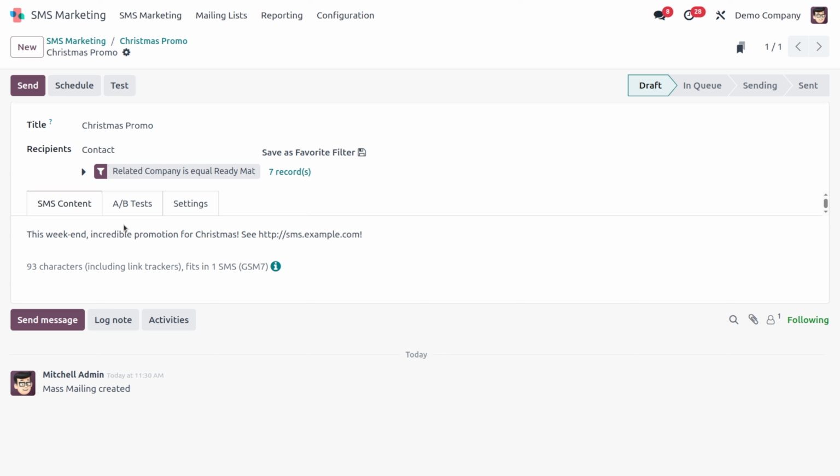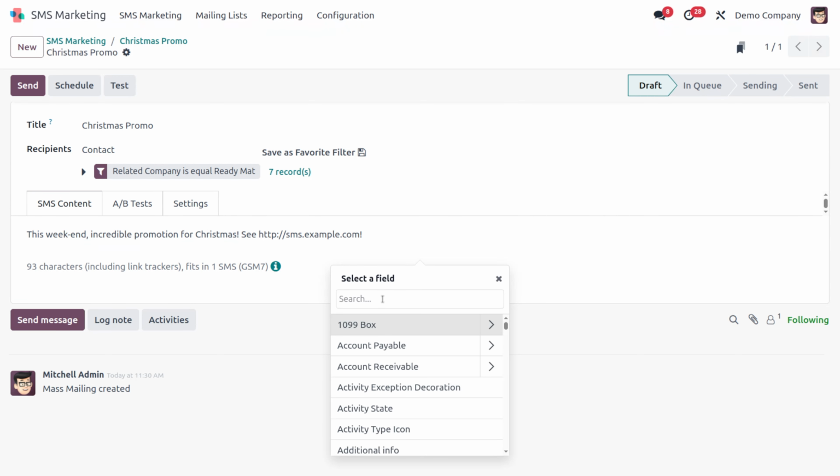So here you can understand this business person is sharing a promotion for Christmas messages to his customers using our SMS marketing. We already discussed how we can insert a specific link using insert field in the SMS content. You can see this icon, this is insert field. While clicking here, you get another wizard like this and you can add whatever you want. If you want to add a link of a product, you can add it using this option, or if you want to add a website link, you can add it using this option. Next, we are going to discuss how we can track a link using the SMS message.